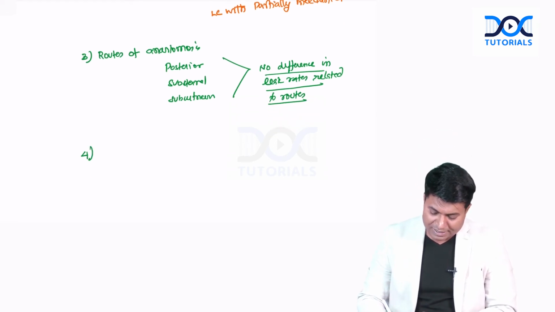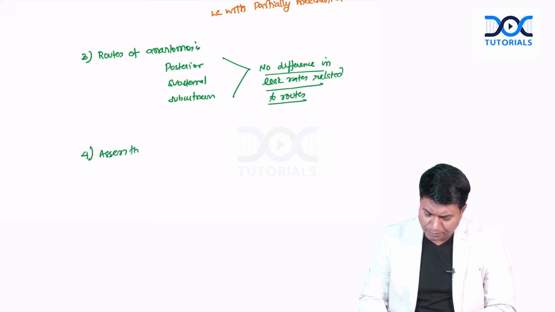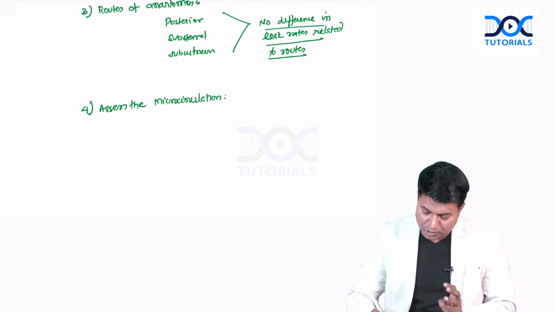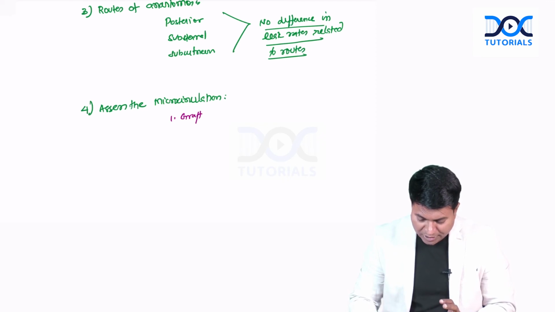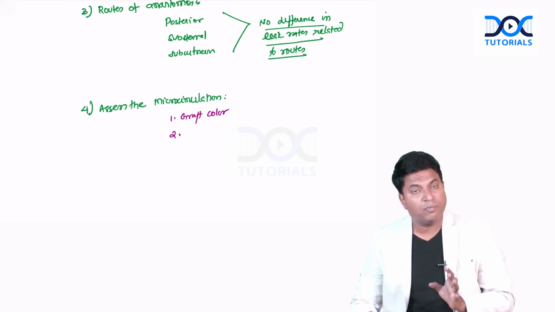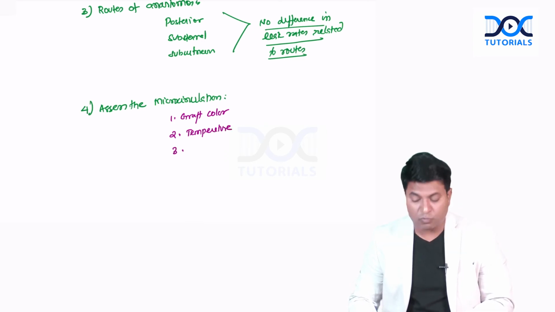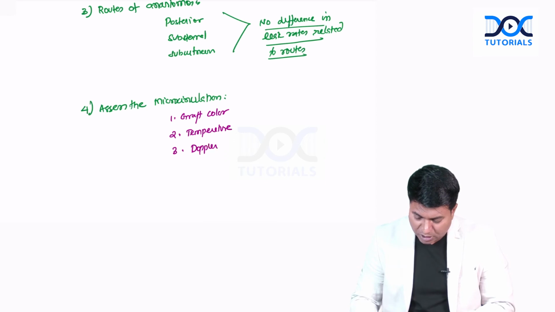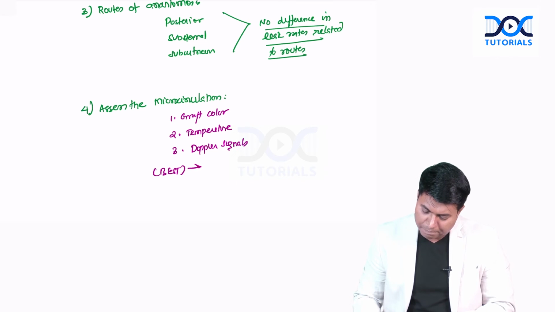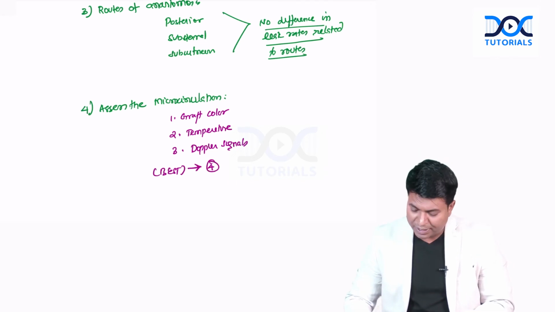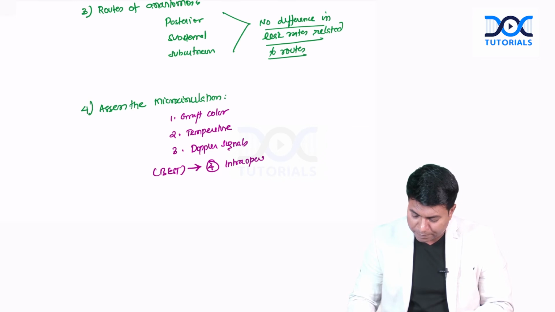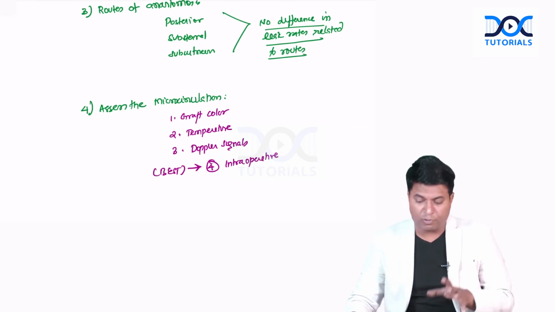So, we have to assess the microcirculation, because microcirculation decides whether the conduit will leak or not. Microcirculation is assessed by looking at, number one, graft color. Number two, temperature of the conduit. Number three, Doppler signals. But the best among all to assess the conduit blood flow is the fourth one, which I am going to tell you, intraoperative